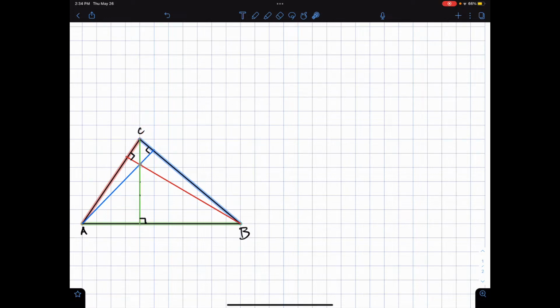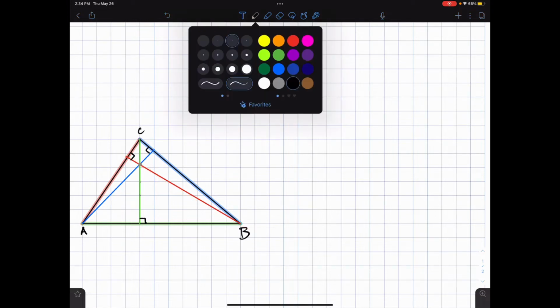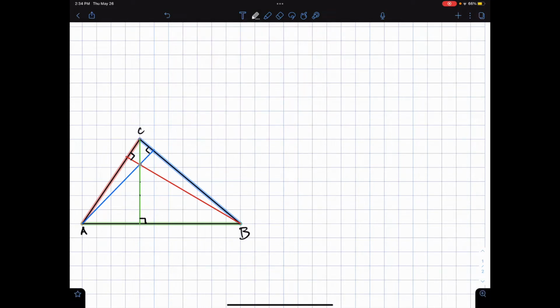And we can see the same for height A, which passes through vertex A and is perpendicular to side CB, and height B, which passes through vertex B and is perpendicular to the side AC. So obviously on this triangle, the three heights do intersect at a single point, but we want to show in general that that's true. So we do that